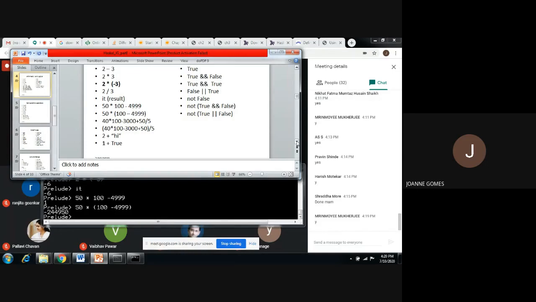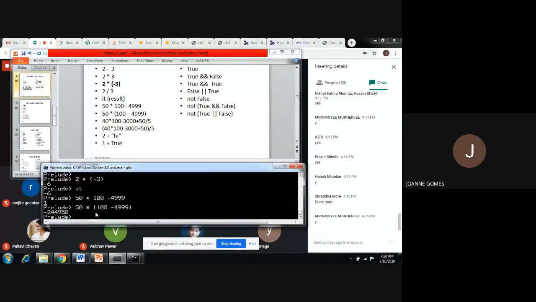Now Haskell is called a lazy evaluator. It will not simply calculate unless you tell it to do so. Plus, it is a very intelligent compiler or language. You need not tell it the type. Like in C or in Java, if we have to declare a variable A, then we need to give some type for it. Look into the command window. If I say a equals 5, and then I just say a, it says a is stored with 5.